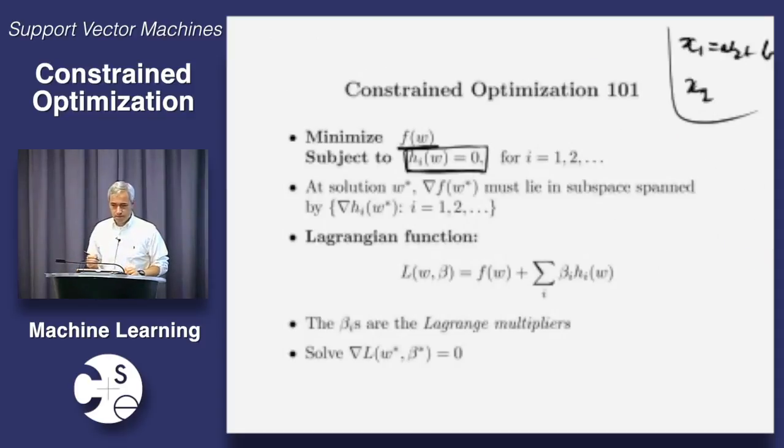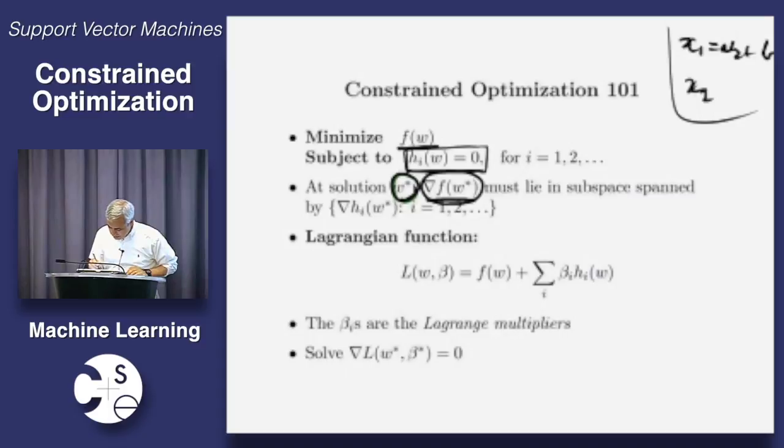To put that in math, this is where Lagrange had his beautiful idea. What's going to happen is that at the solution, let's call W star my solution, now let's do this in many dimensions. We will come back to this example shortly and solve it using Lagrange multipliers, but now let's look at the definitions. At the solution W star, I'm going to use star to always represent the solution to the constrained optimization problem. The gradient of my function, which is now in many dimensions, and there are many constraints h_i, where i could be 1, 2, 3, 4, 5,